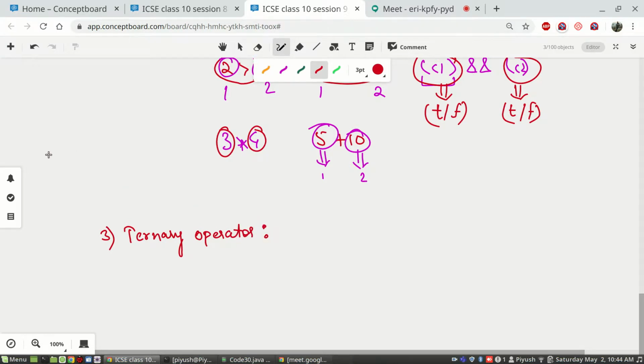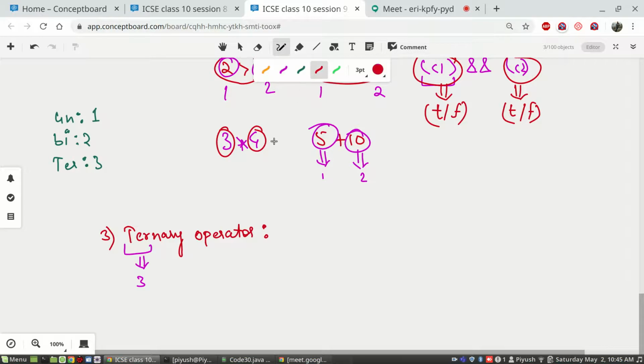We have already seen uni means 1, bi means 2, ter will be for 3. So this will work on 3 operands at one single time.